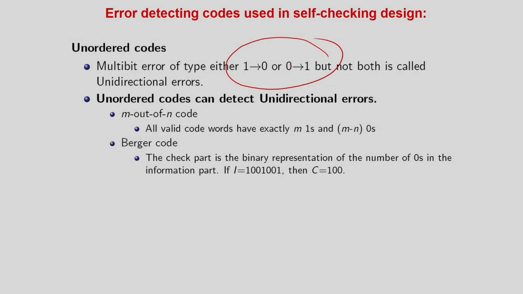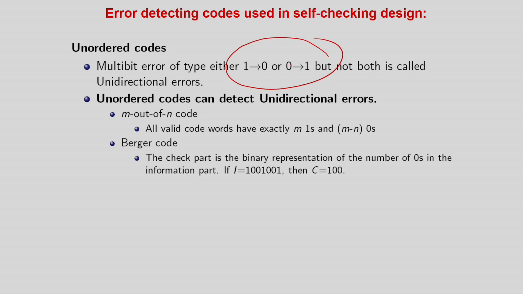Now I am not going into the exact proof, because as I told you, this coding theory has come from communication, and a lot of theory and proofs are there for why it will work. There are already proof guarantees. The proof guarantee says that if there are unidirectional errors, unordered codes can detect them. The formal proof you can read, but we are not going to bring it into the VLSI test or embedded system perspective, because again I am repeating, we just take the proofs and use this concept for testing. But I will give you some idea.